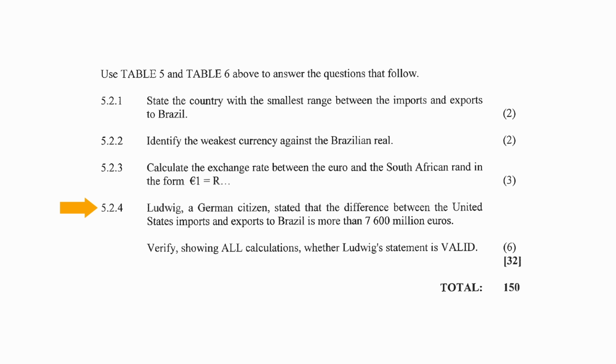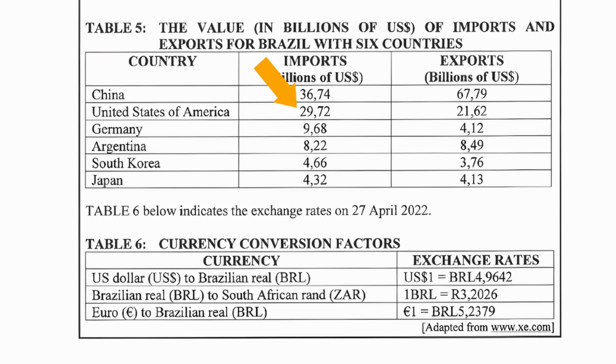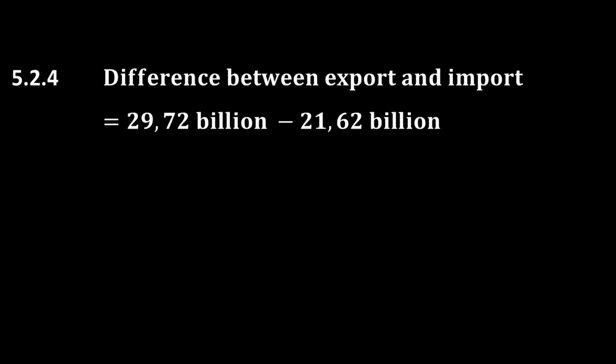In question 5.4, it is stated that Ludwig, a German citizen, stated that the difference between the United States imports and exports to Brazil is more than 7,600 million euros. You have to verify showing all calculation whether his statement is valid. From table 5, the imports from the United States is given as 29,72 billion US dollars, while the exports to the United States is 21,62 billion US dollars. The difference between the values of the imports and exports is 29,72 billion minus 21,62 billion, and this equals 8,1